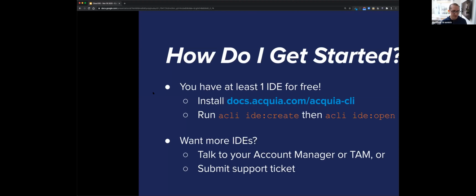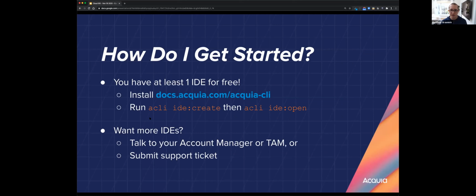So that's the demo. Before we get into Q&A, let's talk about how you could get started if you're interested in this. Almost all of our Acquia Cloud accounts, all of the Acquia Cloud Enterprise and the Site Factory ones already have one IDE available included. And if you go to our docs site, docs.acquia.com/acquiacli, it will show you how to download, install it, and do exactly what you saw me do in the demo,